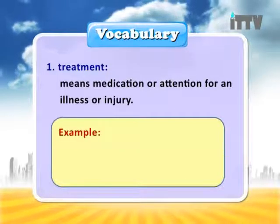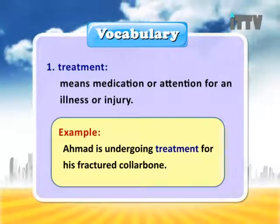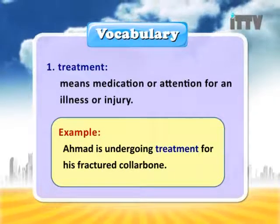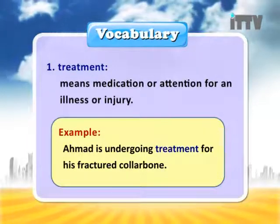Let's look at it in a sentence. Ahmad is undergoing treatment for his fractured collarbone. Did you get that? The next word,